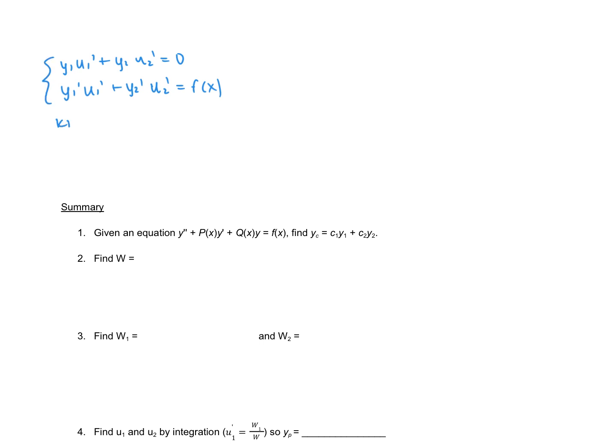Now, we need to remember that we know y1 and y2, we need u1 prime and u2 prime. So this is going to go back to something that we did a few sections ago. I can't remember quite how many, but we used Cramer's rule to solve systems. So what we get then is u1 prime, in the denominator, is the determinant of the matrix that has all of the coefficients. So all of these coefficients. So that's going to be y1, y2,